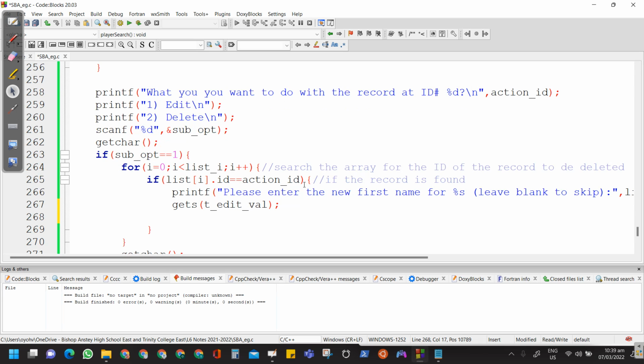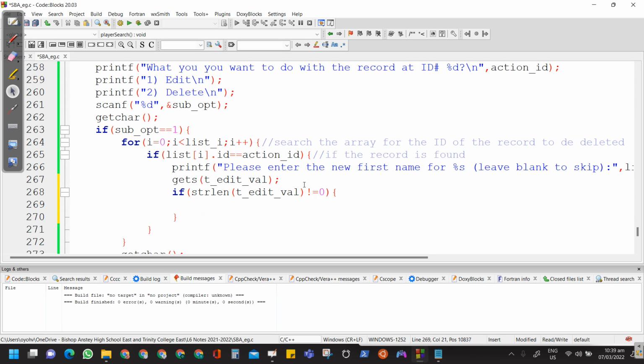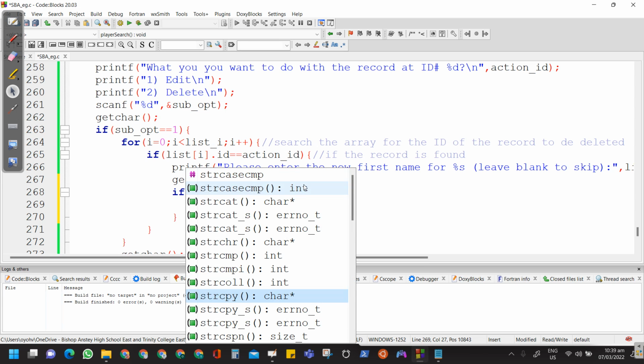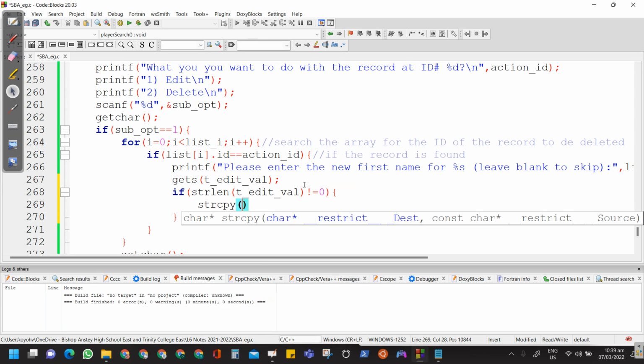So you say if strlen of t_edit_val is equal to 0, right? If the edit val is 0, if it's unequal to 0, which means that it has a value, then you want to strcpy, string copy,